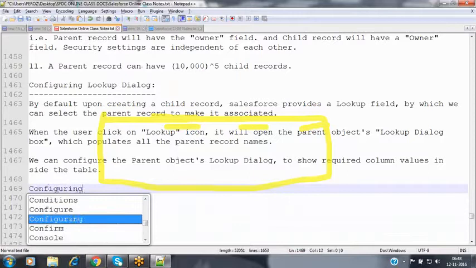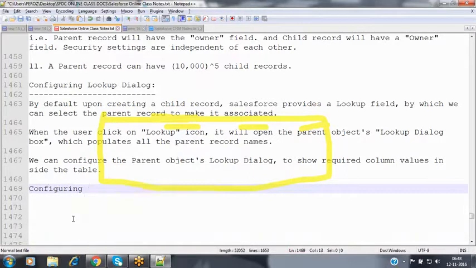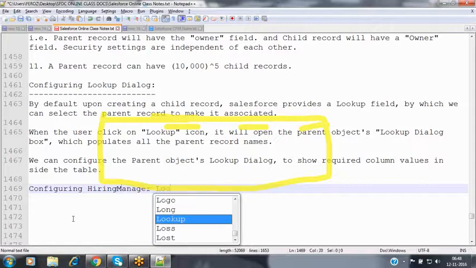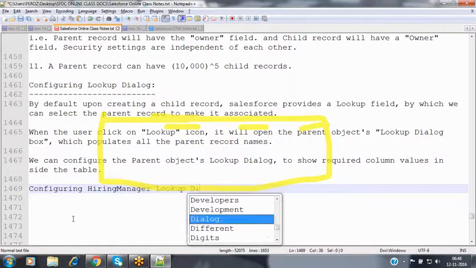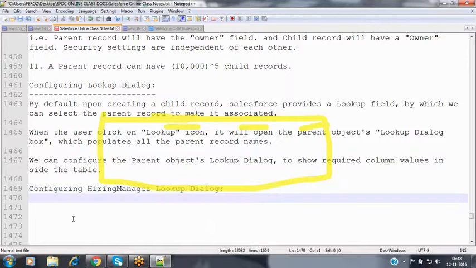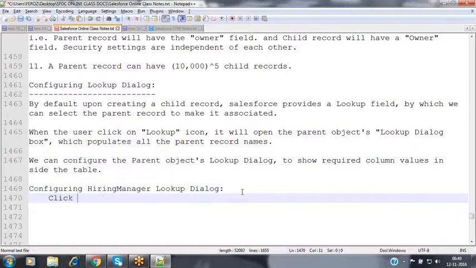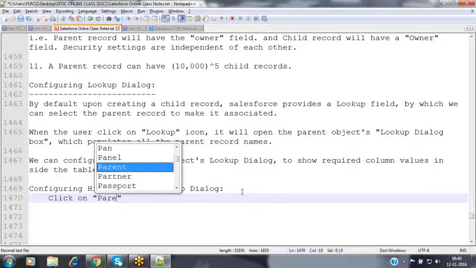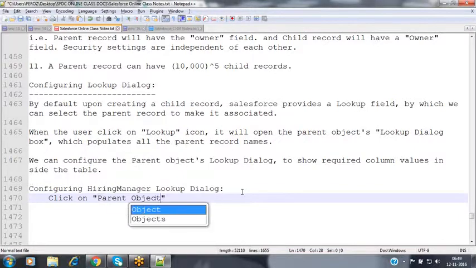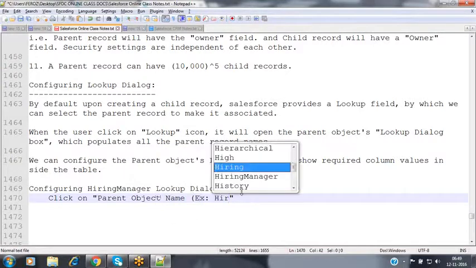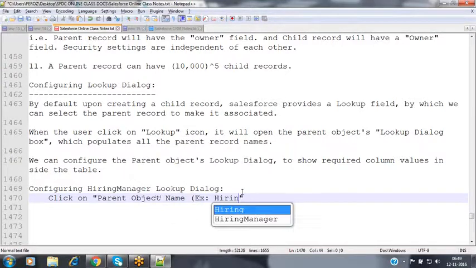Now configuring the hiring manager lookup dialog. Then how to configure here? Now let's see practically. For that, click on the parent object name, for example, hiring manager.